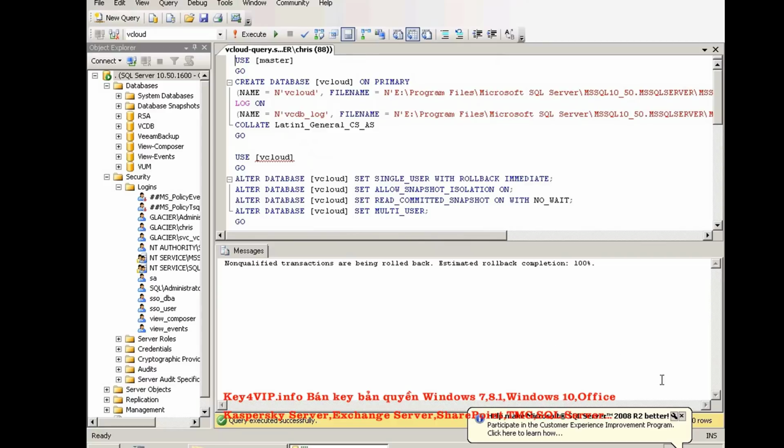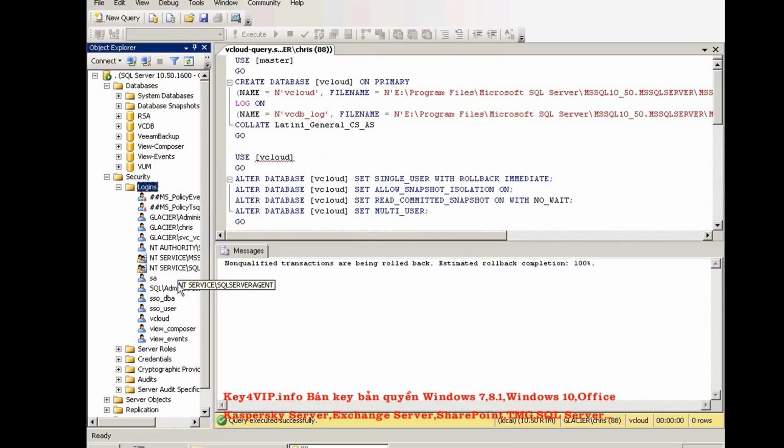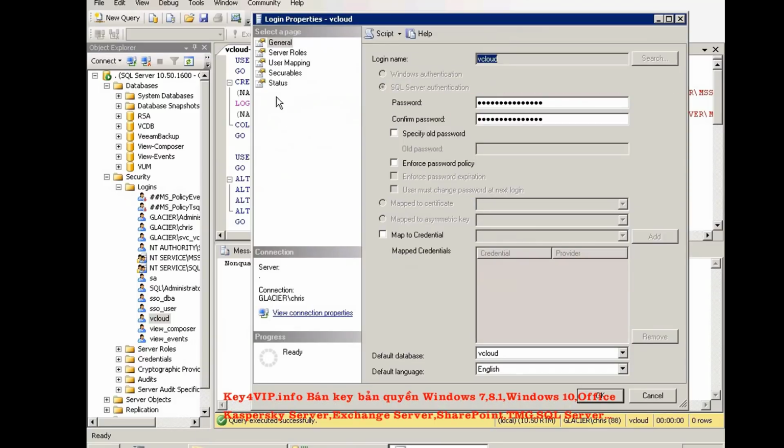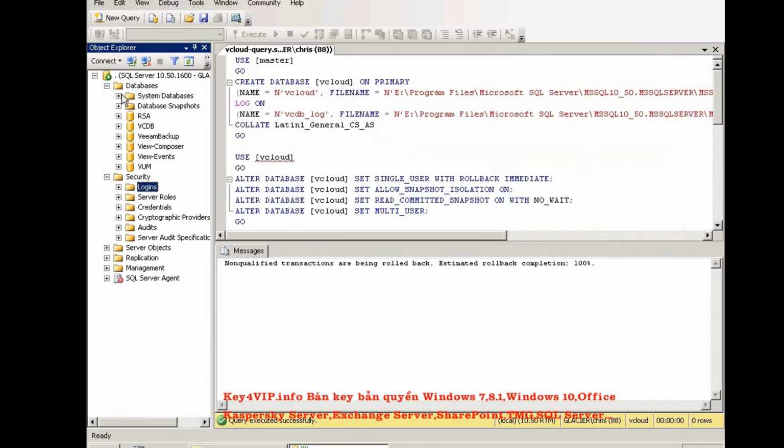Well, first you tell the program improvement thing to go away. Then you go to the logins and refresh it. And there's our vCloud user. Now, if I get properties on the vCloud user, we can see that that person is mapped to vCloud, and it's a DBO, database owner. Great, that's what we wanted. You should also notice with a little refresh magic,